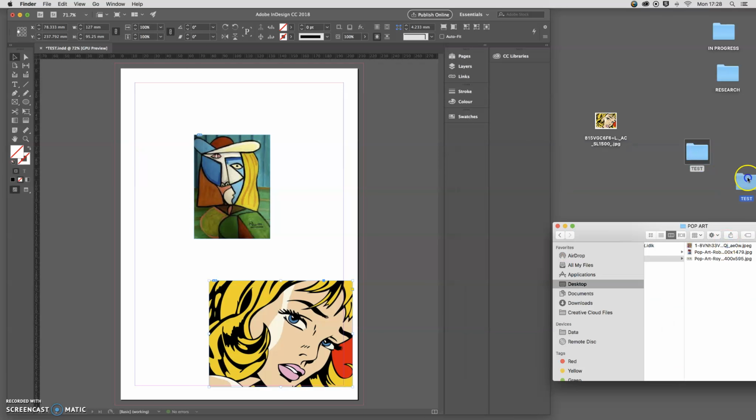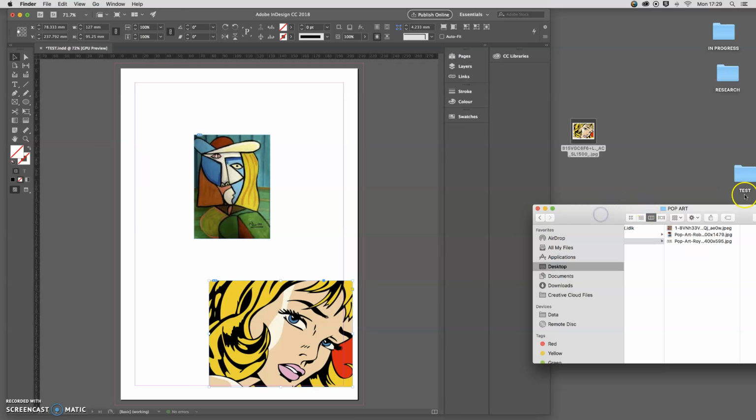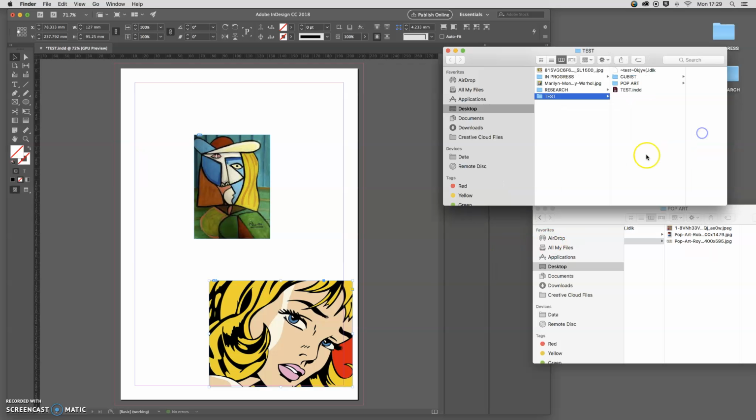But when I take this folder away, the actual image is on the desktop. So you will not be able to see or print this image. You'll just get a question mark where the image is. So it's very important that everything is together in the folder. And just make sure that you don't leave anything or connect anything that's outside